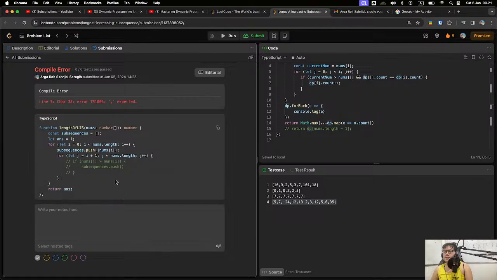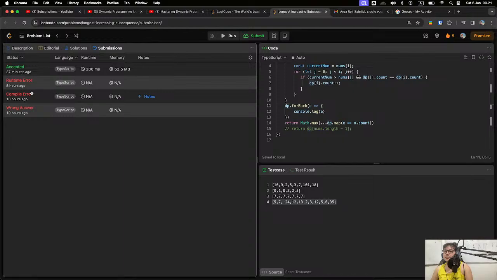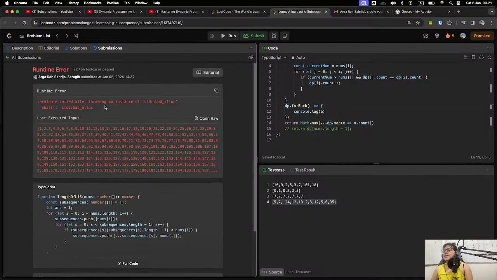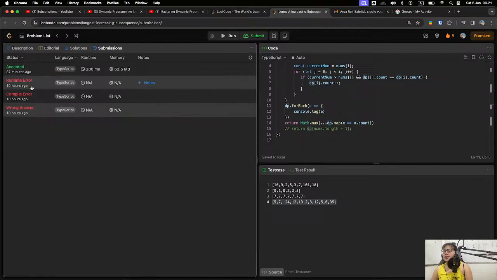And the compile error, okay, no, I think this one is where I pressed runtime error. Ah, yes. I mixed it up, I got it the other way around.